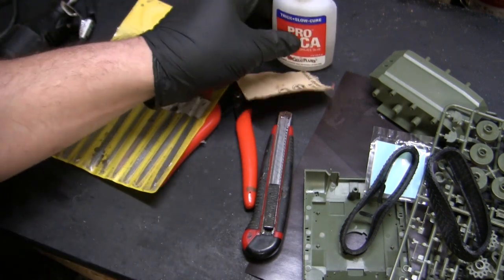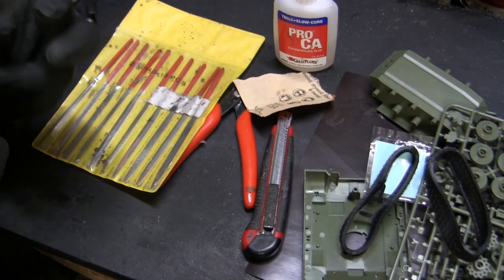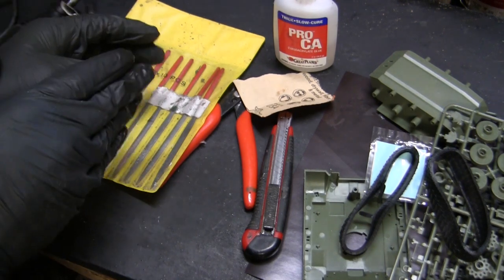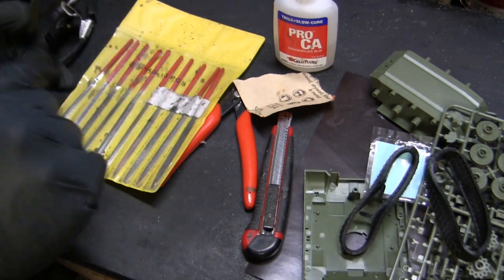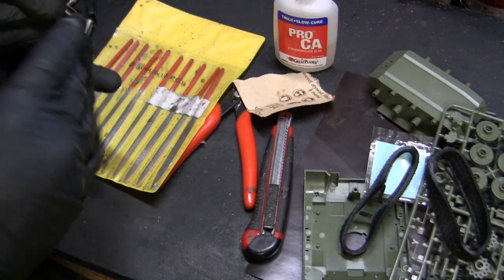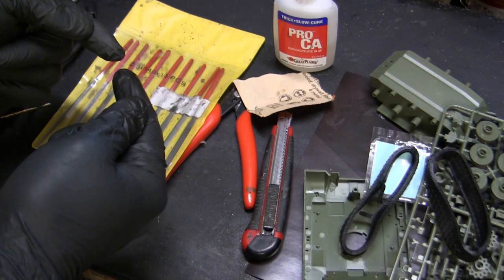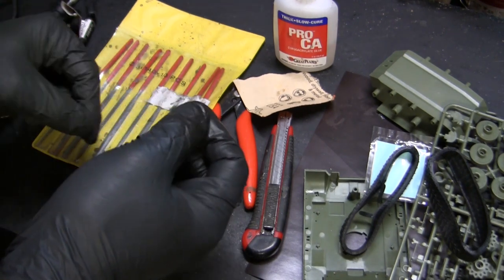One thing I do want to stress, though, is that you want to avoid at all costs using the old school Testors red tube model glue. That material is really on the lower end, and it doesn't hold up very well in many ways. It's too clunky, it stinks, you'll end up killing brain cells when you're using it, and on top of that,